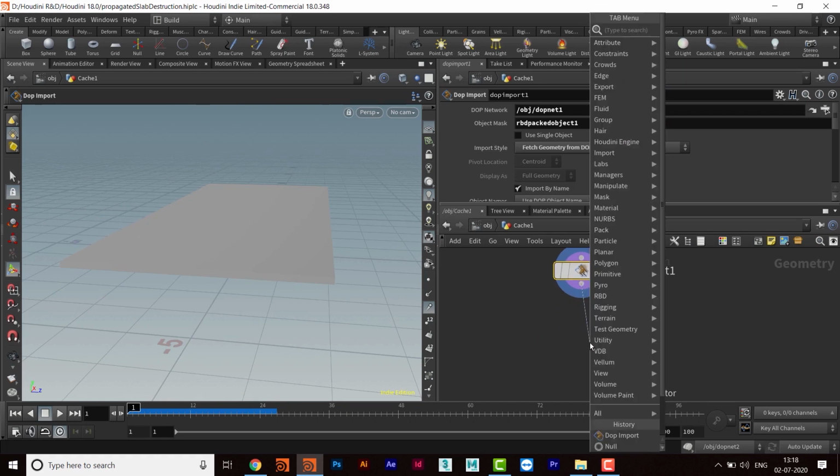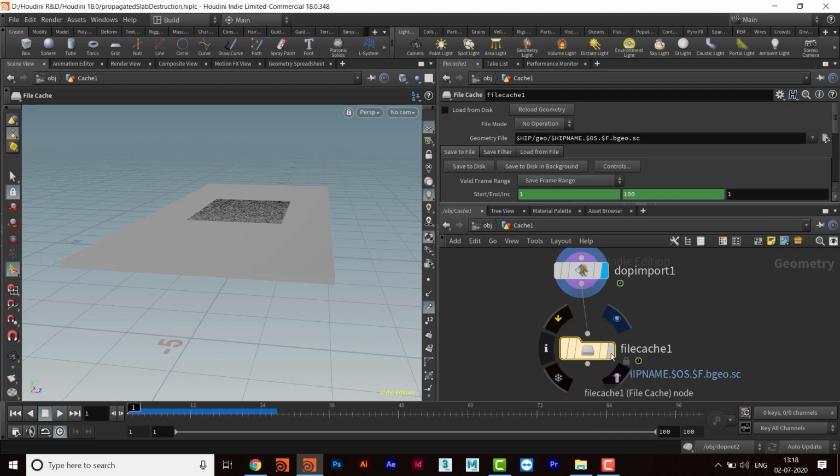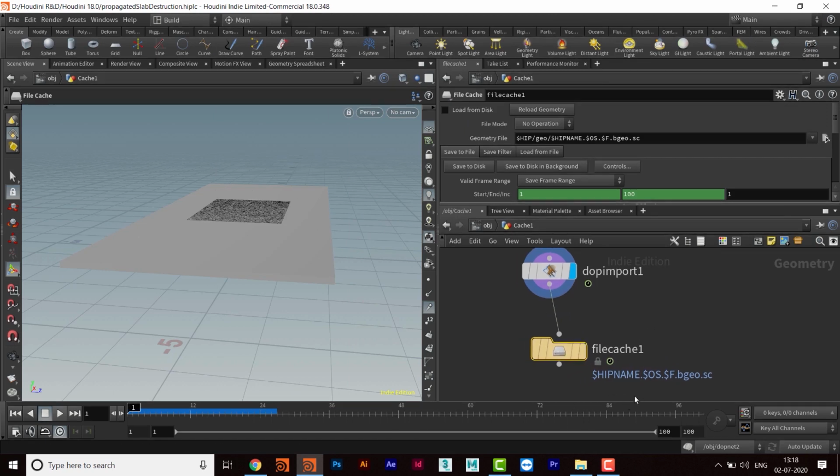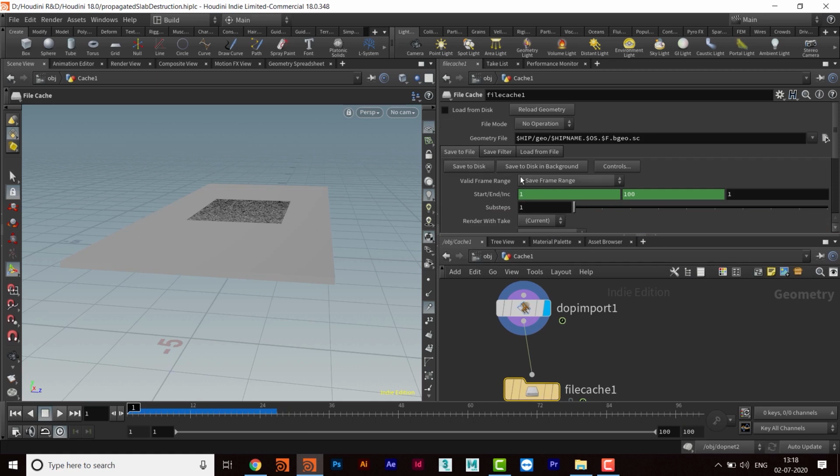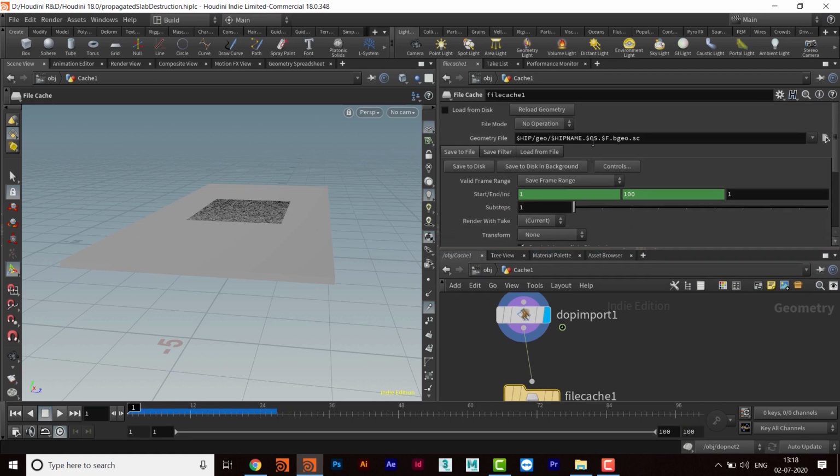So that is file cache. For that, file cache, and then we will take 100 frames for the whole simulation, and I will get into the folder I want to take.